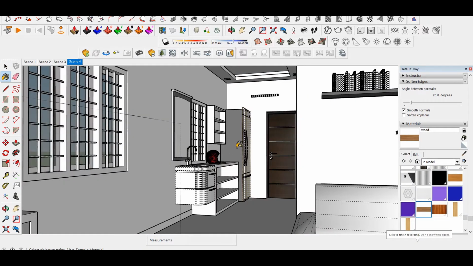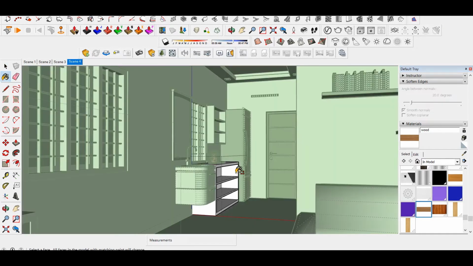Once we have created 3D models and furniture, we can start applying materials on the objects. First we can start with wooden materials.